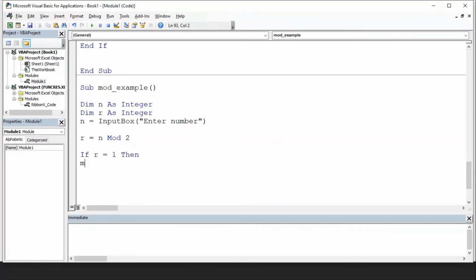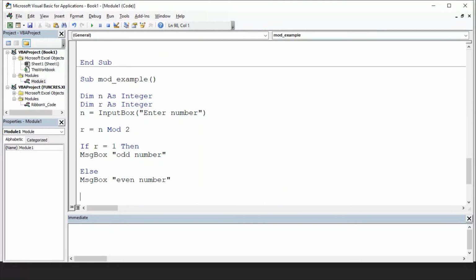Then what? Then MsgBox "odd number", else MsgBox "even number".